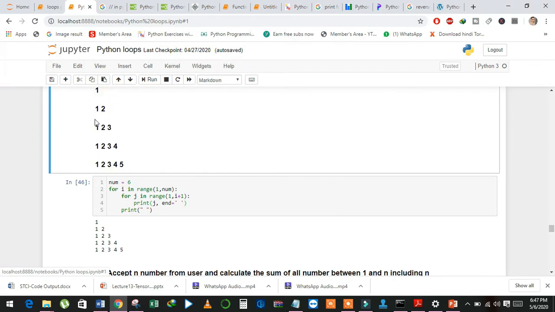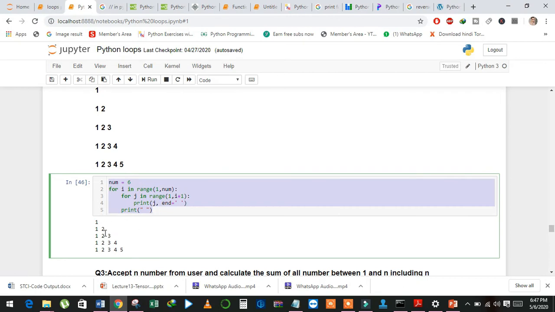1 1 2 1 2 3 1 2 2 3 1 2 2 4 5. And see here, with the help of nested loop, I just printed the pattern. I first created a variable that is equal to 6, then I start the outer loop, range from 1 to num, and then inside the for loop I created second for loop that start from 1 and it ends at i plus 1, and inside the loop I just printed the value of j,